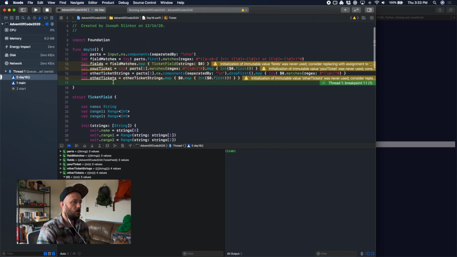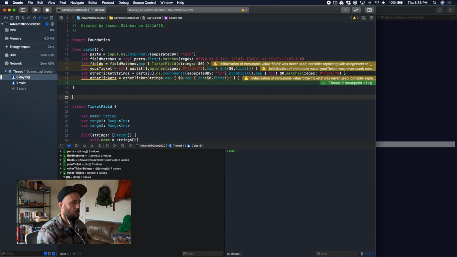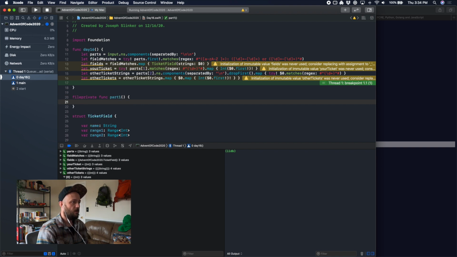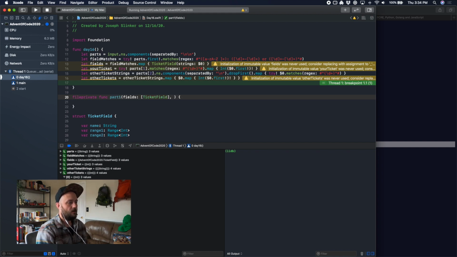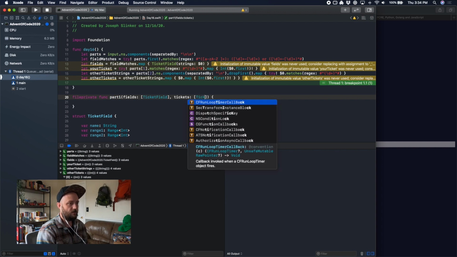So the first thing, I'm going to do file private func part 1. We want to know, based on the fields, which is an array of ticket field, and the tickets, which is an array of ticket,